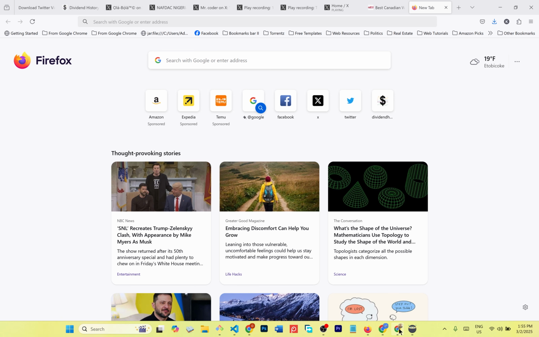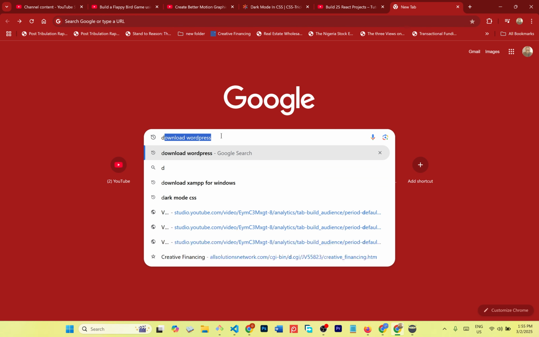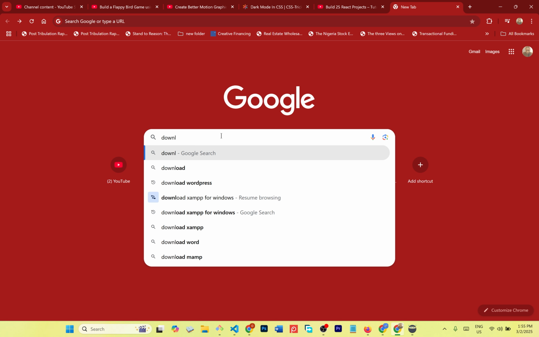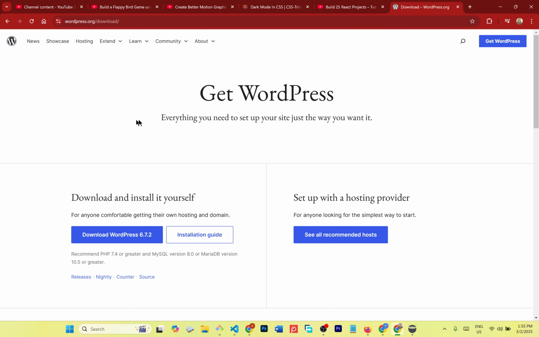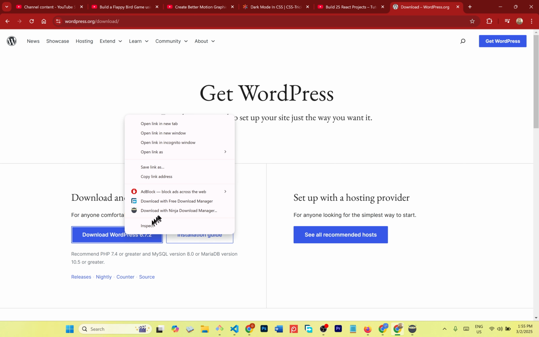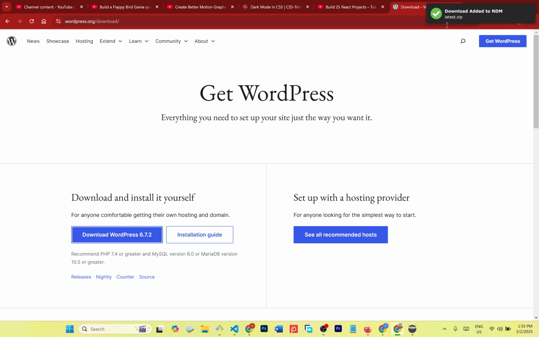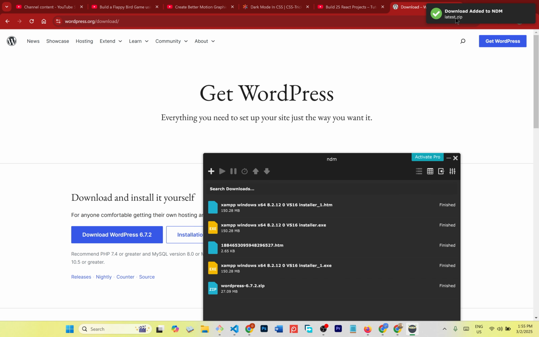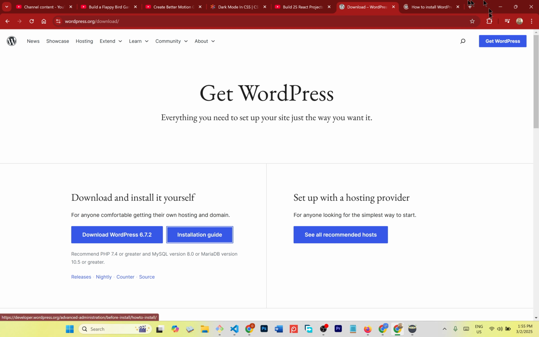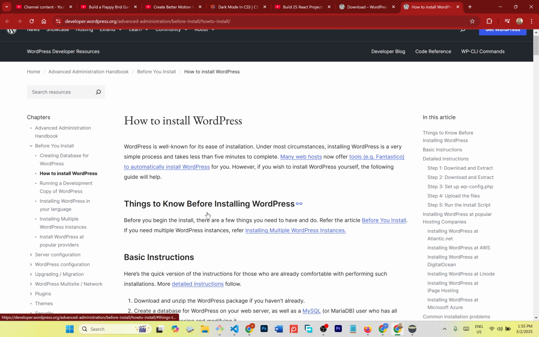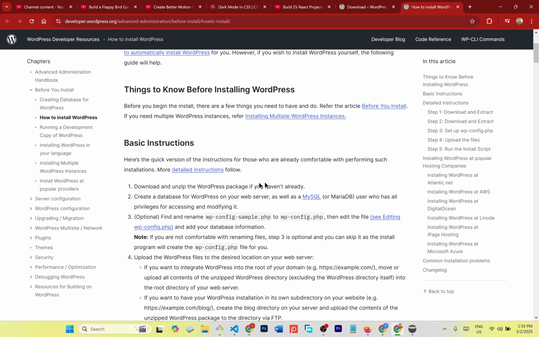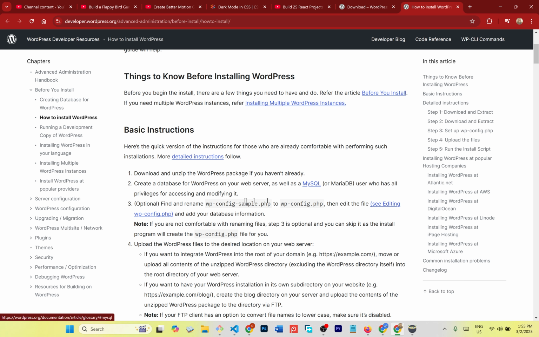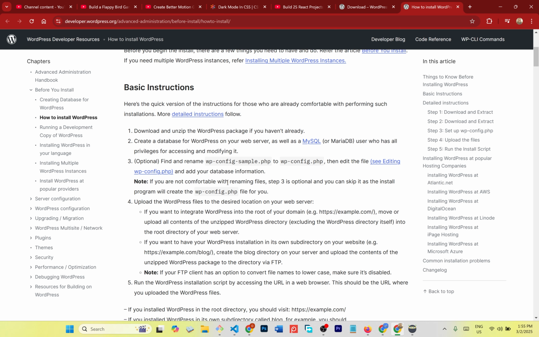In today's tutorial, we'll learn how to download WordPress in 2025 on a local server, specifically XAMPP server. So we start by googling. You can just type a prompt, download WordPress, and that should link you to the wordpress.org website where you have download WordPress, and you should have your latest version in the left column. Okay, you can download it here, as you can see here, and after downloading, you can just have a quick